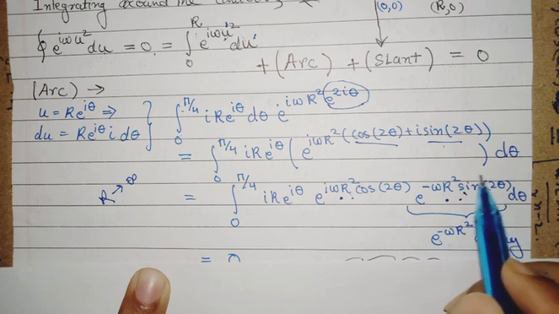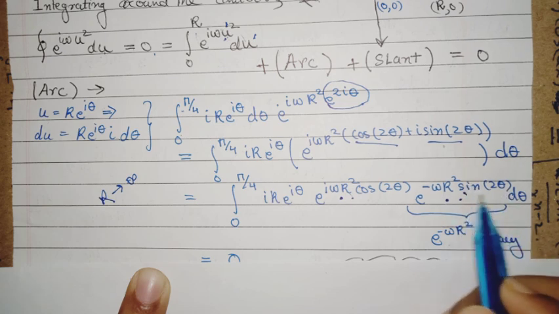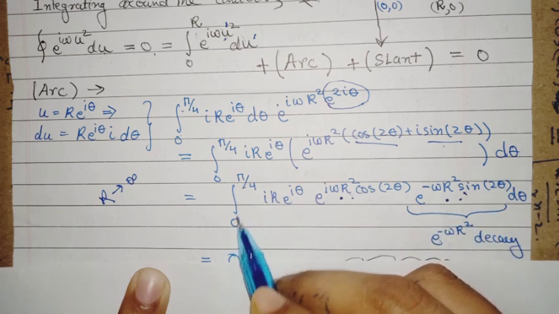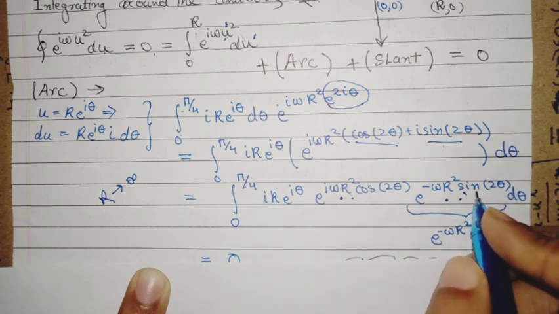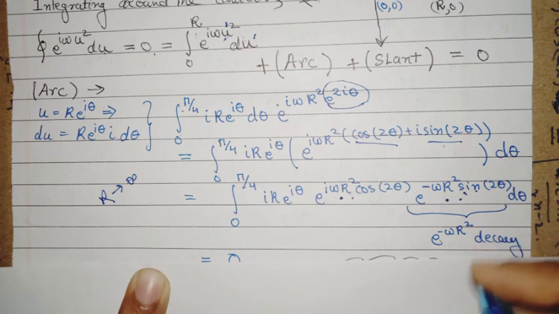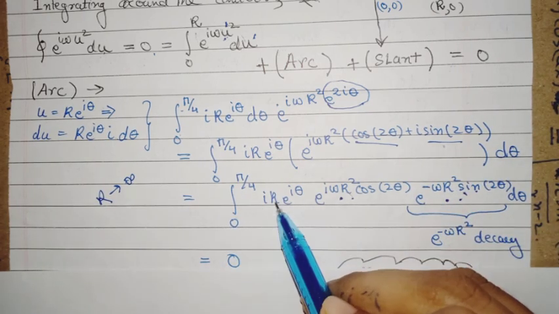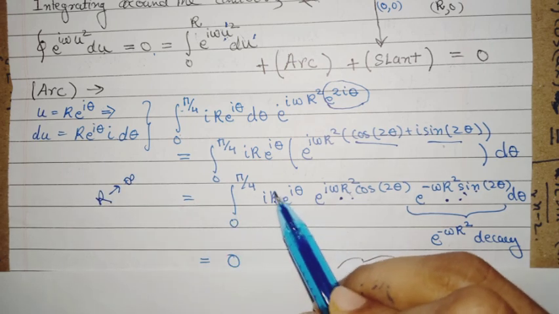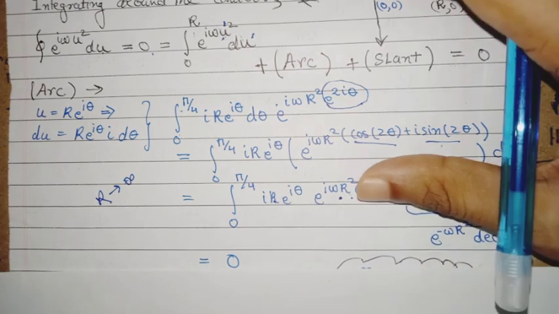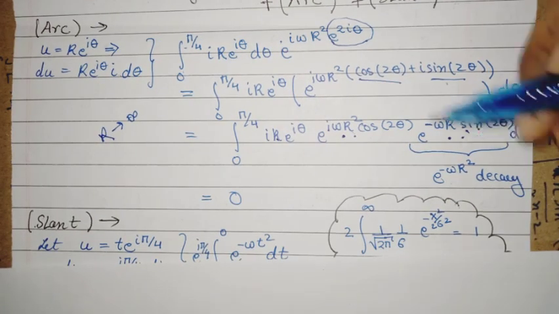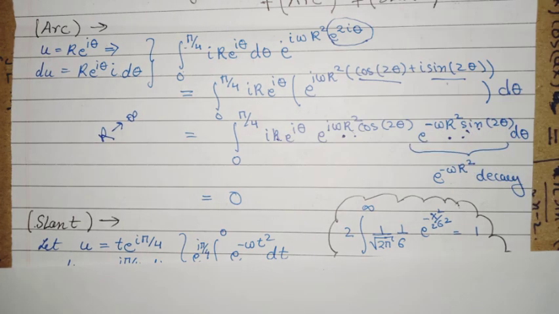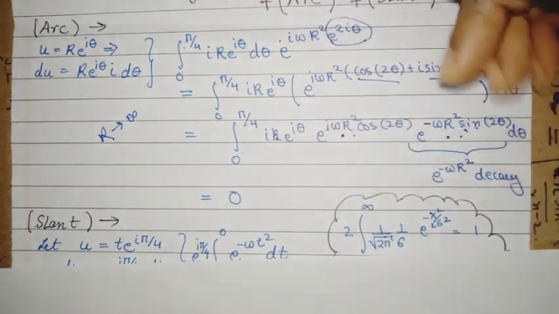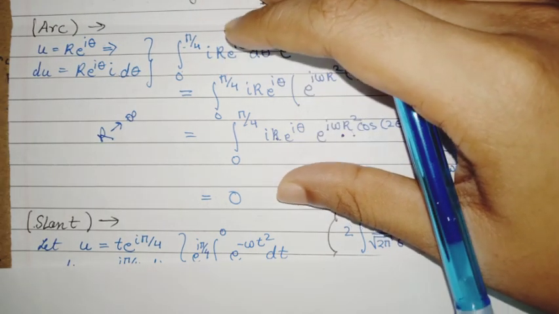This has some sort of a quantity that is positive, because theta runs from 0 to pi by 4, 2 theta runs from 0 to pi by 2, and in the first quadrant sine is positive, so I have a decaying exponential. Okay, and this r is a growing exponential, but you see this is a polynomial power and this is an exponential decay, so the decay will overcome. The exponential decay is stronger than the polynomial power decay, and finally everything will turn out to be 0, because the decay will be the winner.